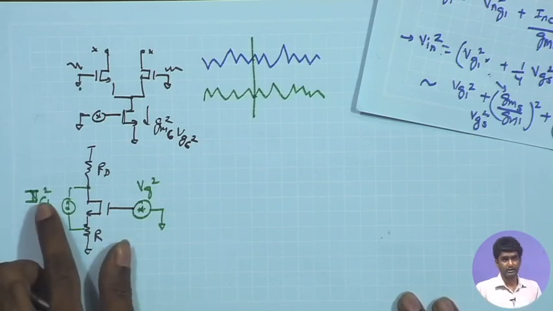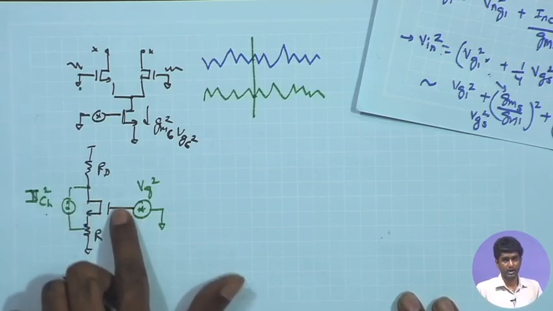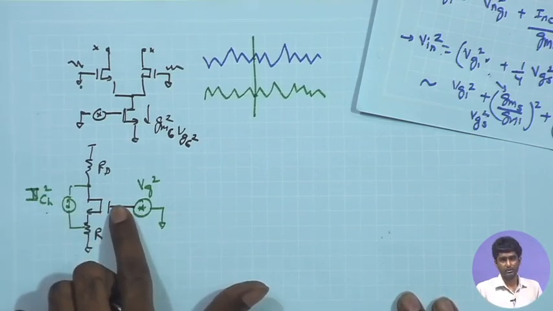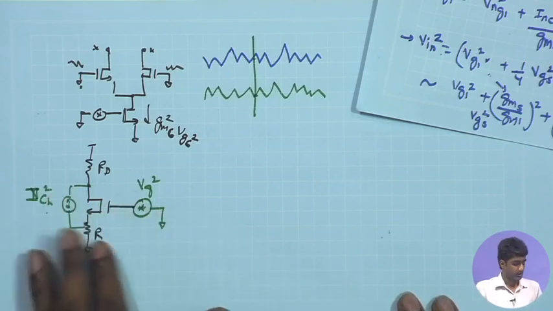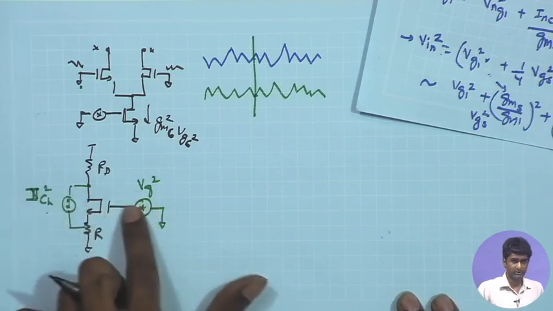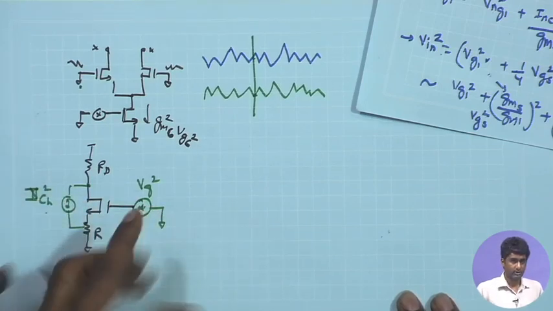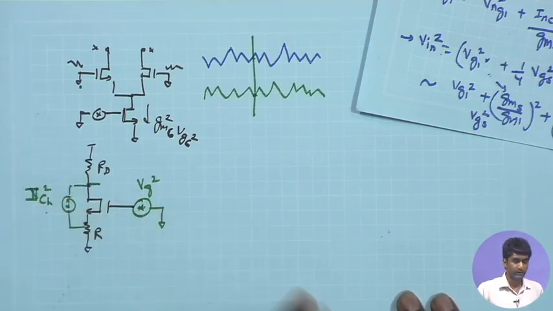I cannot directly divide this I_CH squared by gm squared and get an equivalent gate noise voltage. That can be done only if the source is grounded. Therefore, let us first consider the VG squared. Now, if I consider the effect of VG squared and find out what the output noise is because of VG squared,